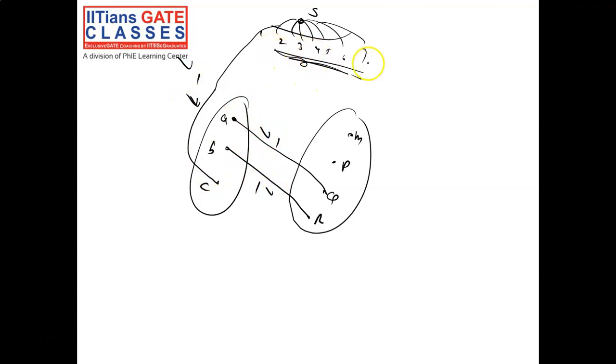Similarly, let's assume that this color 7 is given to the edge between S and M. Because this edge is given color 7, you can utilize this color 7. How can you utilize it? You can give this edge color 7, you can give this edge color 7, and so on. So this is how you can utilize all the colors. One by one you can utilize all the colors.